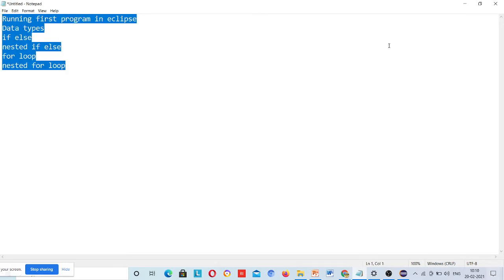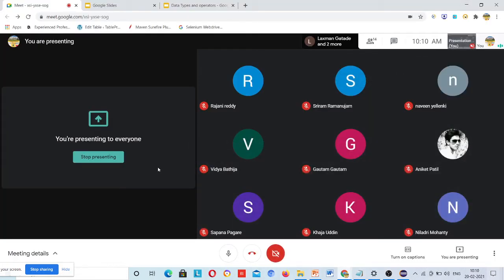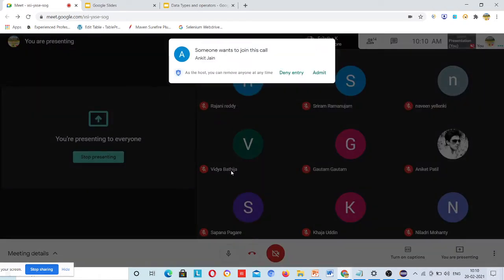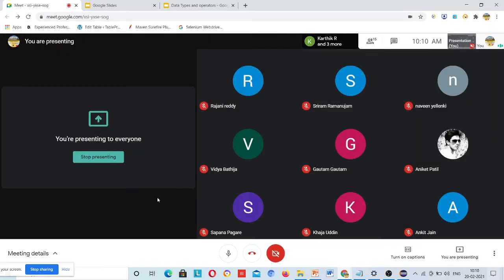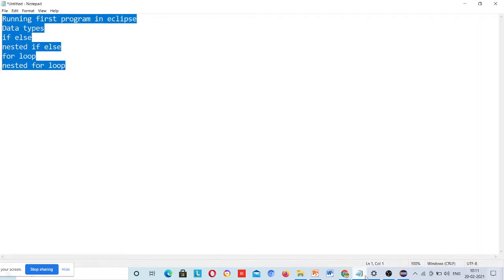I will try to cover it today and tomorrow, because tomorrow we have a session with Sanjay. That is a guest session, so please attend that as well. It's compulsory for you to attend because he will be training on the Selectors Hub plugin. If you miss that session, there will be a problem when we start Selenium, because the plugin is more important. I will give you some knowledge today and then you will get all of it tomorrow.